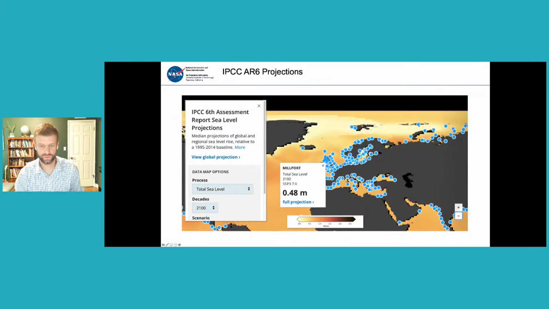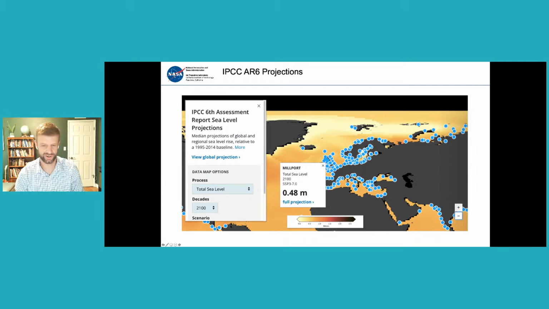But just to show some of the details of what we provided and maybe to bring this back to your location a little more carefully to wrap up. If you go into this tool at sealevel.nasa.gov, and you can certainly go in and do this yourself, you'll be able to find it. I have pulled out the nearest tide gauge I could find to Glasgow that's in our assessment. So this is the Millport Tide Gauge. You can click on this tide gauge, which I'm showing here.